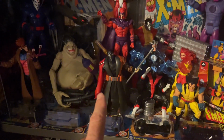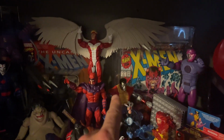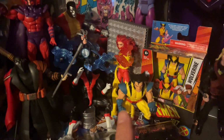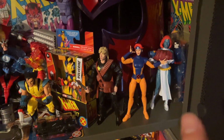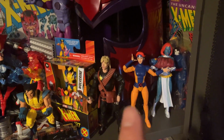Over here, also really hard to see because of the lighting, I have a Super Nintendo X-Men video game, and then a Wizard magazine special edition X-Men magazine. And then we have Executioner, X-Men 97, X-Men 97 Magneto, Marvel Legends Angel. We have Marvel Select Colossus, Marvel Legends Havoc, X-Men 97 Nightcrawler, the Marvel Legends Dark Phoenix, X-Men 97 Wolverine, X-Men 97 3 3/4 Wolverine, Marvel Legends Longshot, the VHS Mystique, and we have Marvel Legends 97, X-Men 97 Jean